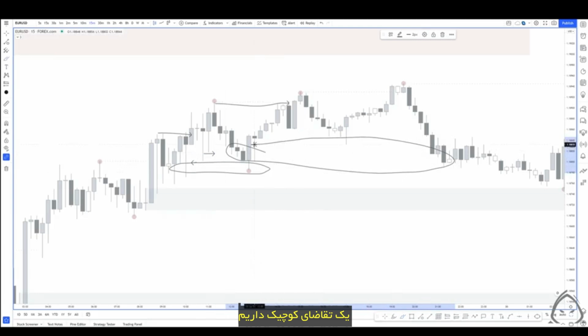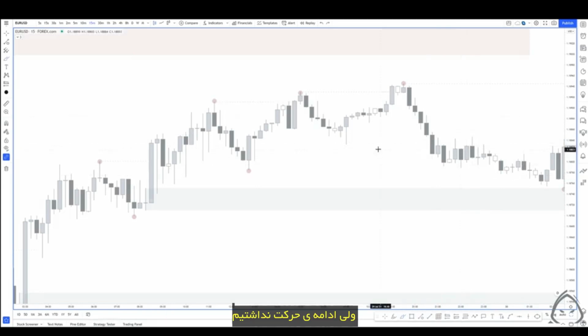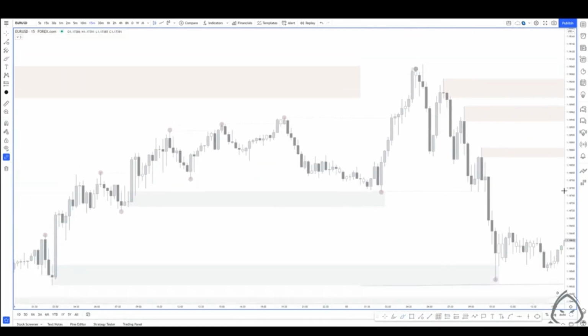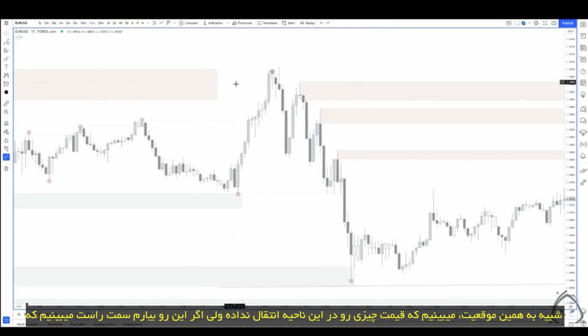We have a little bit of a demand zone. We have a little bit more of a demand zone, some inducement, and then price does react off of it, but we don't see a follow through. Similar to this situation, we see that price hasn't actually mitigated anything in this area, but what we can see,